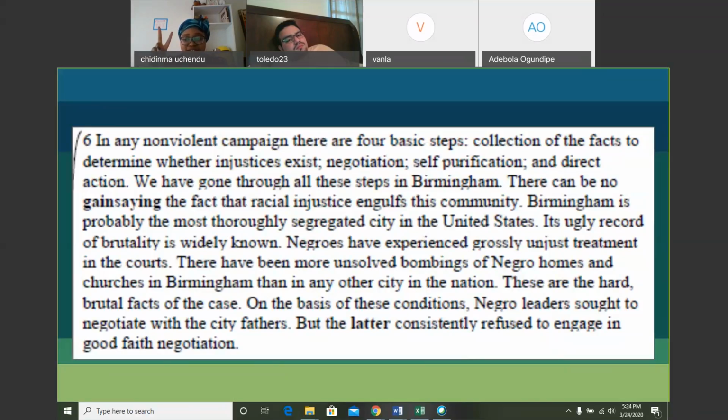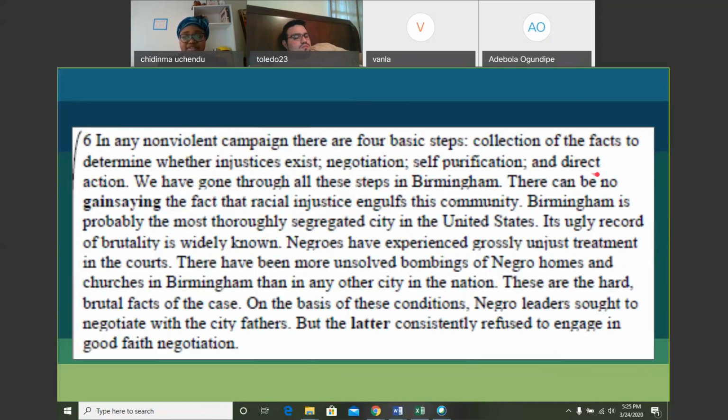That's step 1. Step 2, negotiation. So if there is something wrong, well, can we work together to solve it? First of all, right? What can we do together to try to figure it out? Okay, that's negotiation. Then self-purification. So now you have to look within yourself, right? To kind of figure out, okay, if I'm going to stand for something like this, why am I doing this? Is this the right thing? Is it not the right thing? Do we need to be doing this? Do we not need to be doing this? That is the third step.